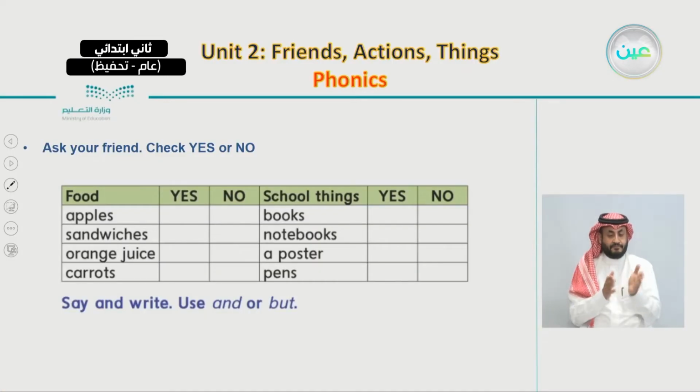Now, I would like you to ask a similar question to your friend. So have a list like this. Here is the food: apples, sandwiches, orange juice, carrots. This is about food, and about school things: books, notebooks, a poster, pens. Ask him about this. Say, for example, hello, my friend, do you have apples?